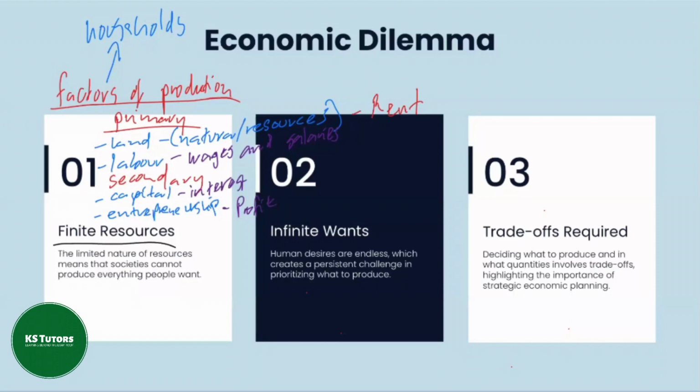So we're saying these factors of production, which are scarce, finite resources, limited in supply, cannot be used indefinitely. They are owned by a household, because when a household owns land, they get rent in return. If I'm a laborer, I get wages in return. If I own capital, I get interest in return. If I have entrepreneurship, I get profit in return. And when you get to unit 3, we're simply looking at these financial flows,